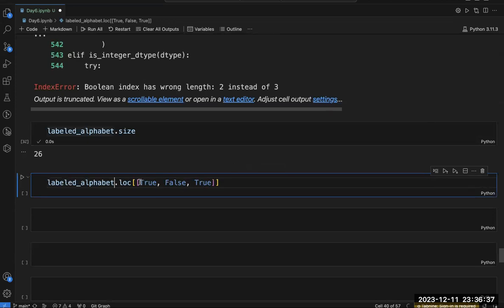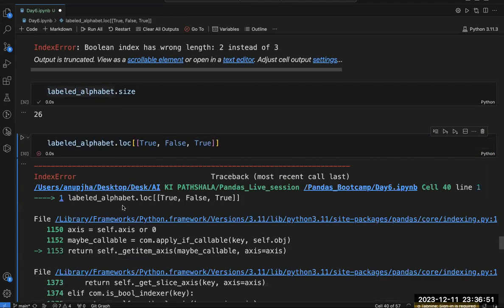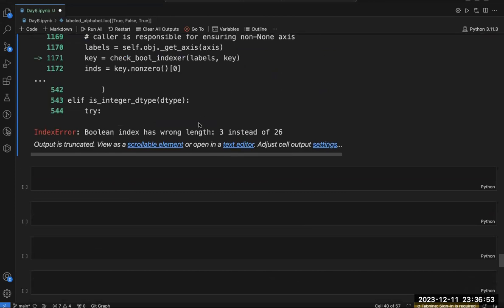Since only 3 Boolean values are there, but my level_alphabet has a size of 26, I have to supply 26 Boolean values, but I am supplying only 3. So if I run it, it will throw me an error. What is my error? Boolean index has wrong length, 3 instead of 26. So hope this concept is clear.